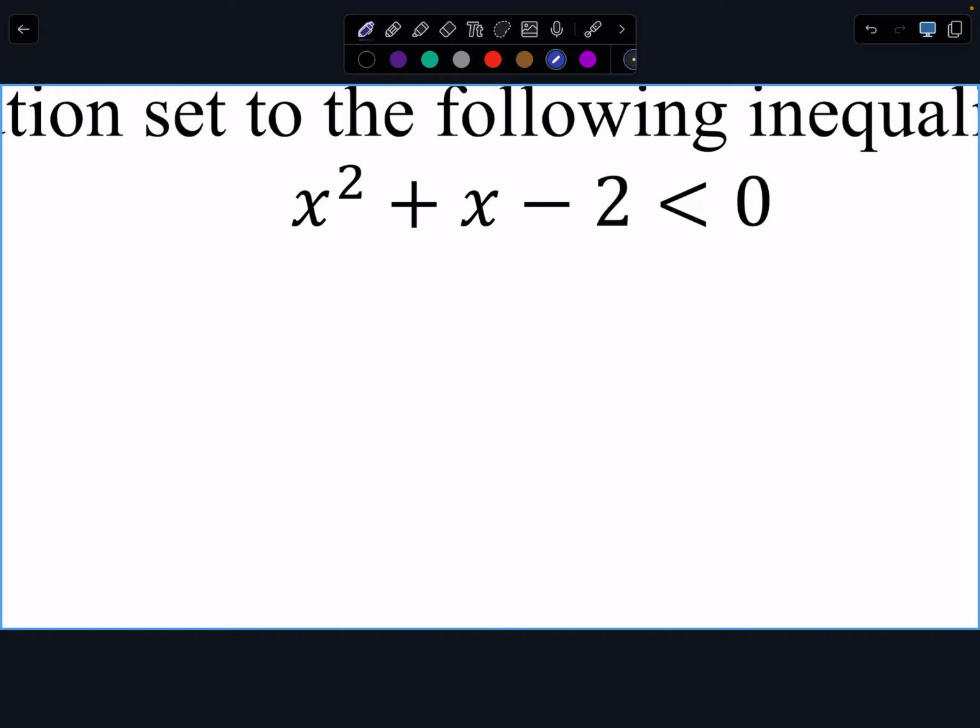So we want to determine, in order to figure out how to narrow down what the solution sets are,